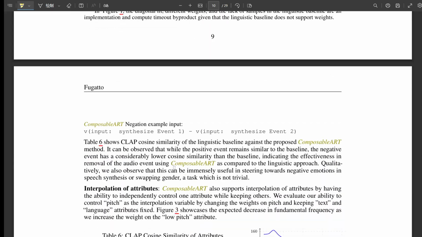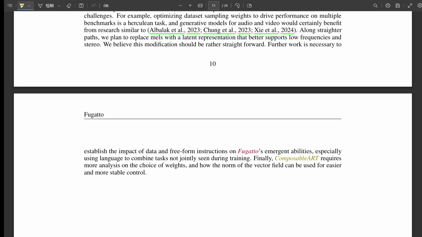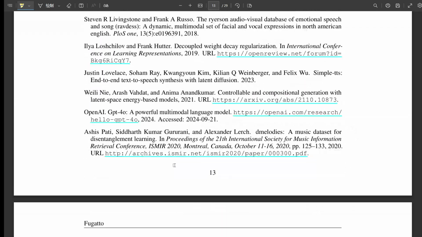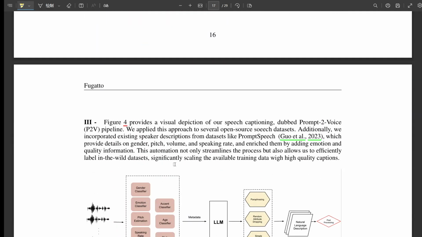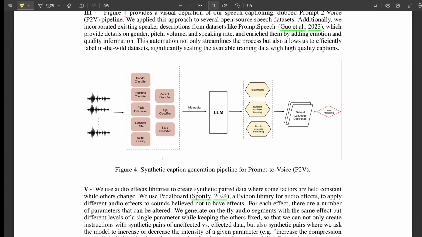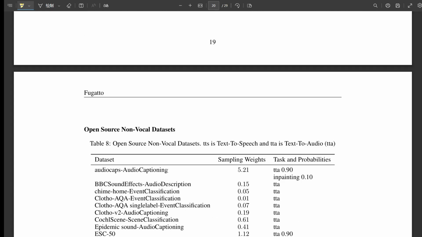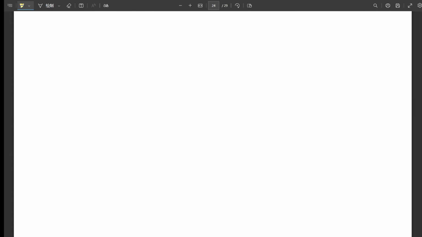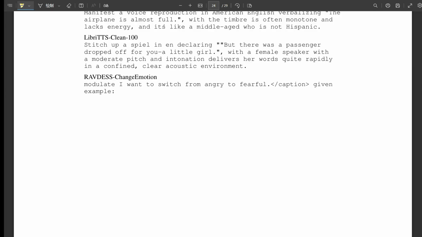This one adds a little spice. They used regular audio processing tools, like the ones musicians use to add reverb or change pitch. But instead of just giving the AI pre-processed audio, they taught it how to actually create and manipulate those effects. So instead of giving Fugatto the finished dish, they're showing it the whole recipe. Exactly, by pairing these modified audio samples with descriptions of what they did, Fugatto learns to understand sound transformations on a much deeper level. Okay, I see how this is coming together now. Four ingredients down. What's the final element in this sonic masterpiece?